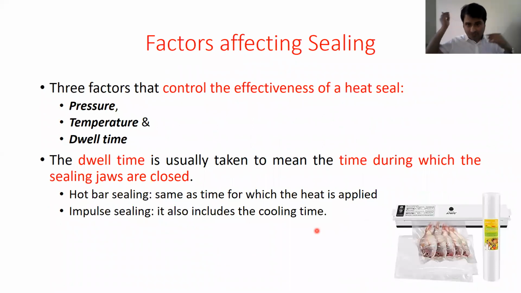Now, what are the factors which affect the sealing? As I told, there are three factors, because we are applying a pressure. Why are we applying pressure? This upper layer and lower layer, we have to hold together. We have to join them together. So for that, we require some force for joining or some pressure for holding together. And the temperature or heat, and the time: how much time we are applying to melt and seal the packaging film or thermoplastic film.